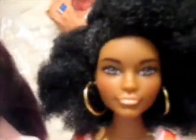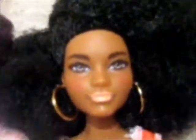See, they are girls who've got the same face mould. Can you see they've got the same face mould? Just different paint. I think this one's face looks nicer because...